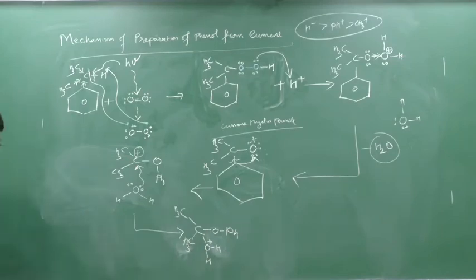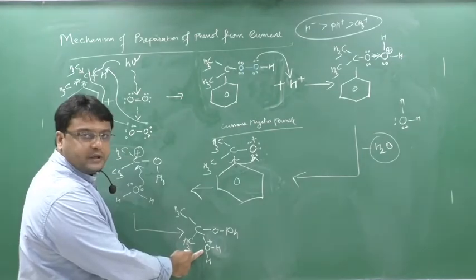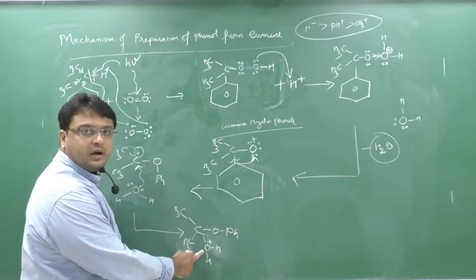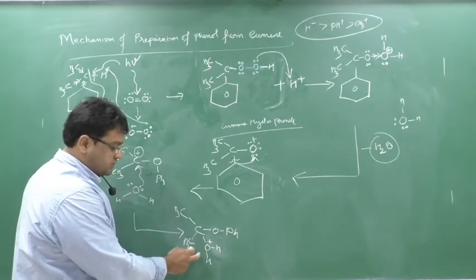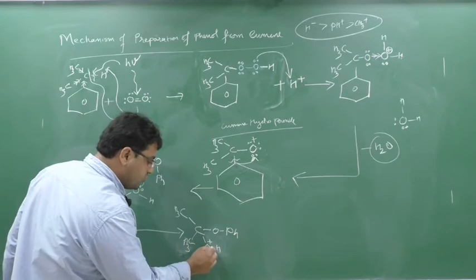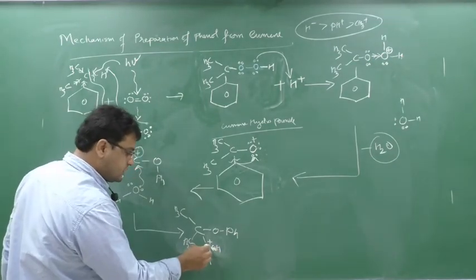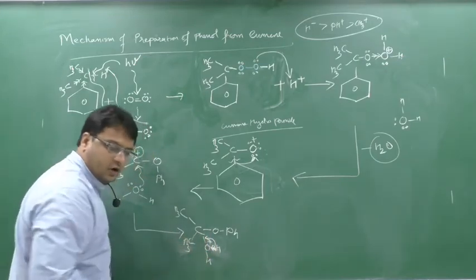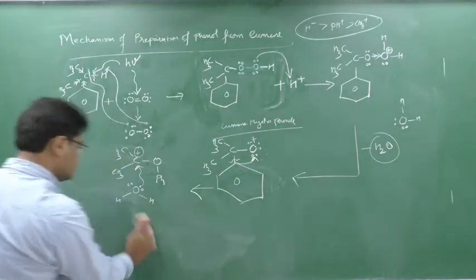Okay, now see what will happen. Now it's very interesting. Now this oxygen again has the positive charge, but it's an electronegative element, so it will not accept this positive charge. So what will it do? It will start to attract the electron from this hydrogen. So this bond will shift here. Okay, or I will show the simple format. See here, there is no space, that is an issue.